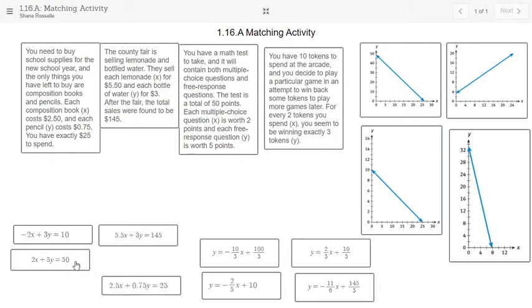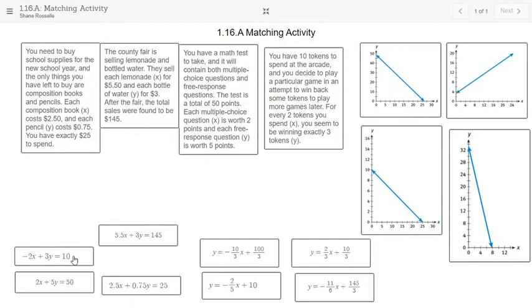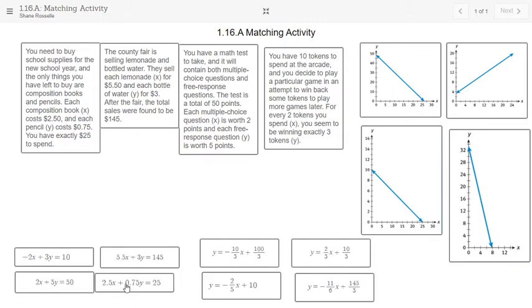Okay, so first thing I want to read the scenario, and the scenario should give us some clues. It should be fairly easy to recognize in these scenarios. I'm going to read one of them, and then I'm going to let you guys do the other four. So I'm going to set one set up for you, and a set is going to come with a paragraph. It's going to come with a standard form equation. It's going to come with a corresponding slope-intercept form equation, one of these, and it's going to come with a